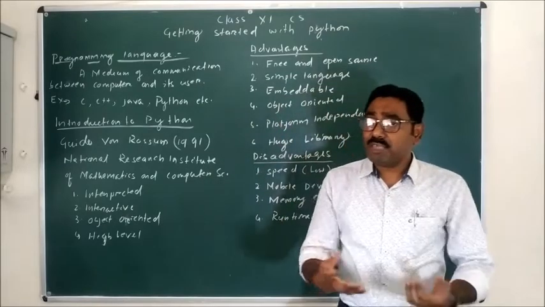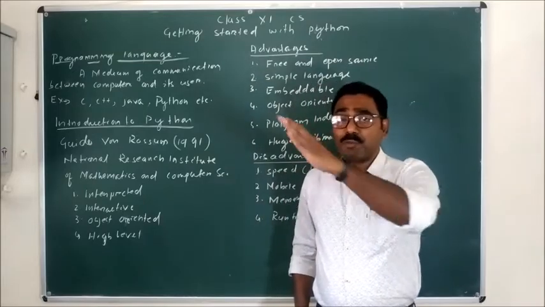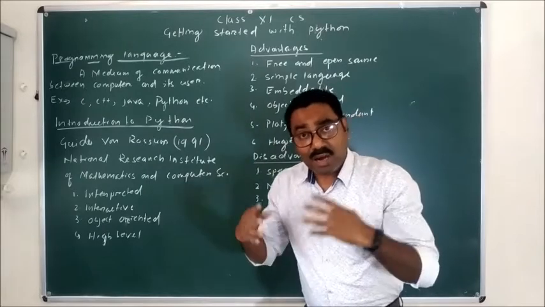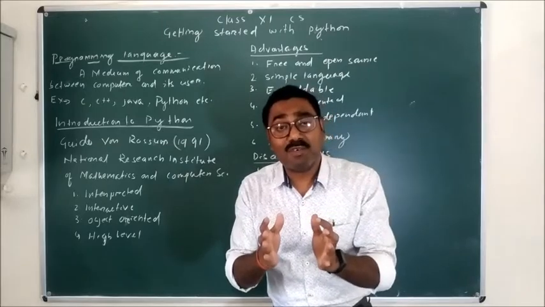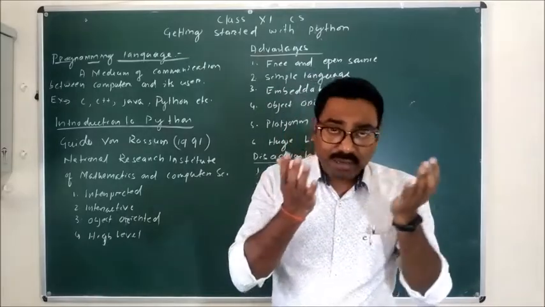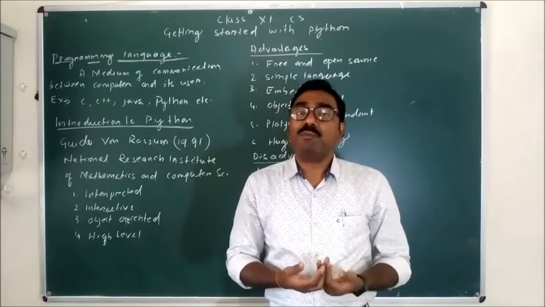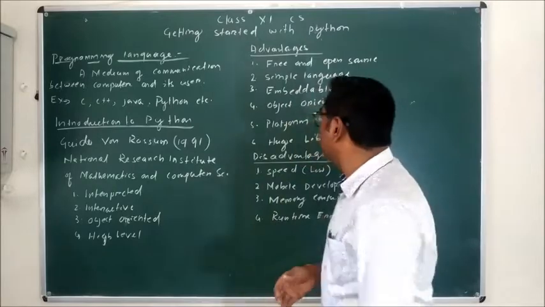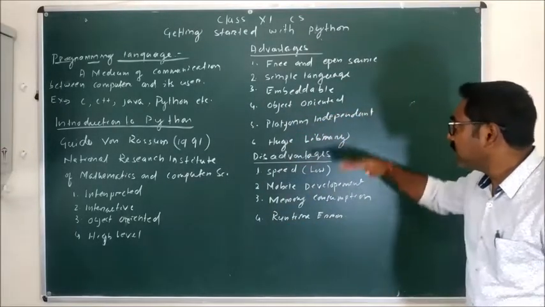Now after interpretation of the program, you have the executable file. I already told you the process of interpretation and compilation, how we develop an executable file. So after interpretation, when we have the executable file, the same executable file can be run on the Windows operating system, even on the Macintosh operating system, or Linux, or any other operating system. That concept is known as platform independence. Then the last advantage